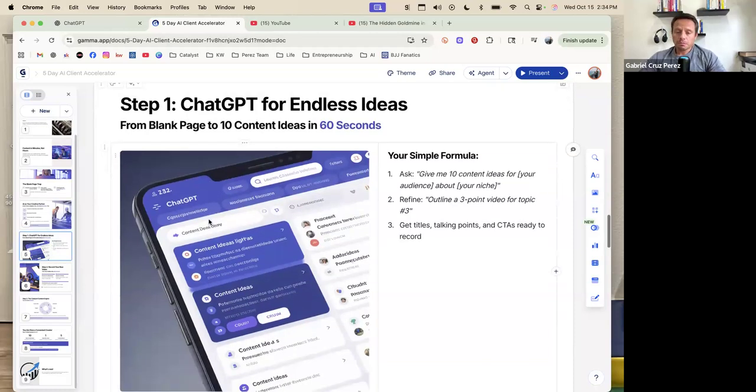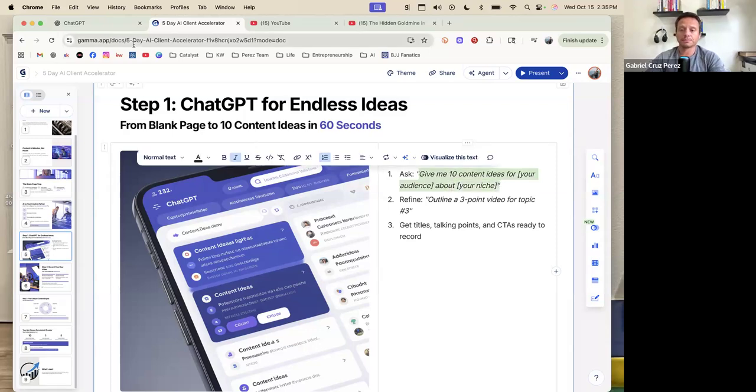So here we go. Step number 1, you are going to use ChatGPT for endless ideas. Now, depending on how new you are to ChatGPT, this may already be a new concept. So I'm going to show you in real time how we're going to do this. I'm going to say, give me 10 content ideas for your avatar about your niche. So I'm going to copy this